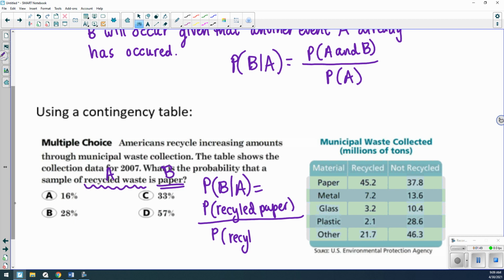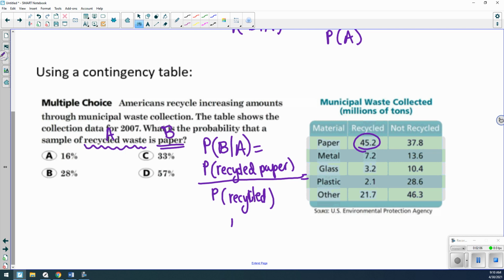Recycled. I missed a C there. Okay, so looking at the data, recycled paper makes up 45.2 millions of tons of materials collected each year,